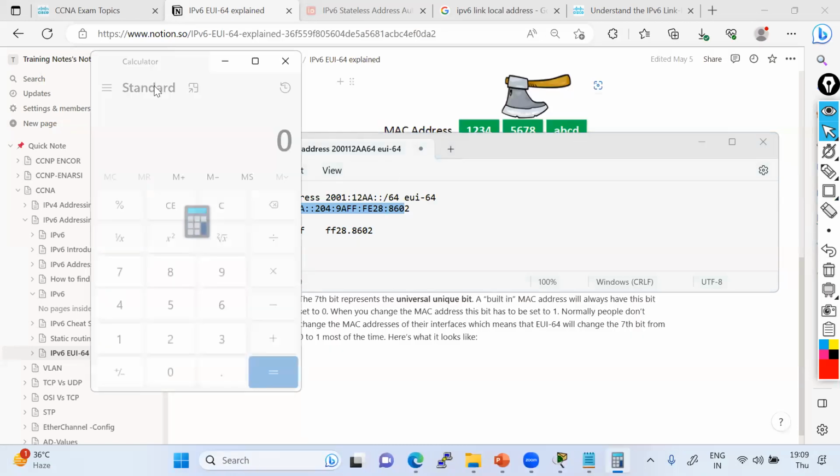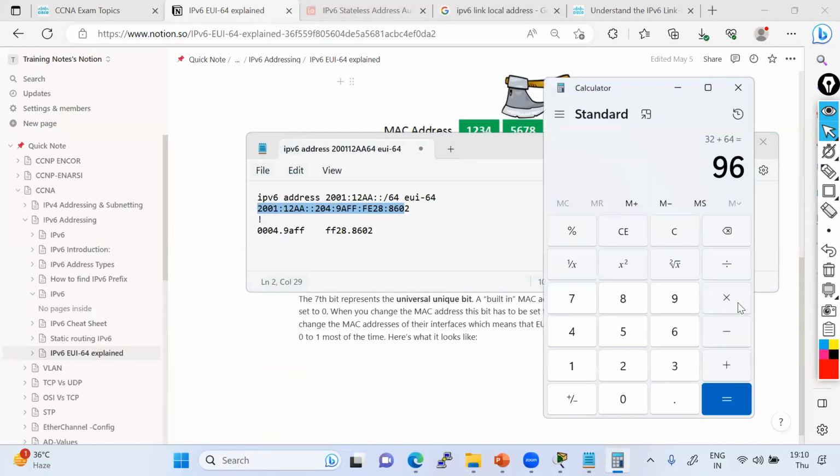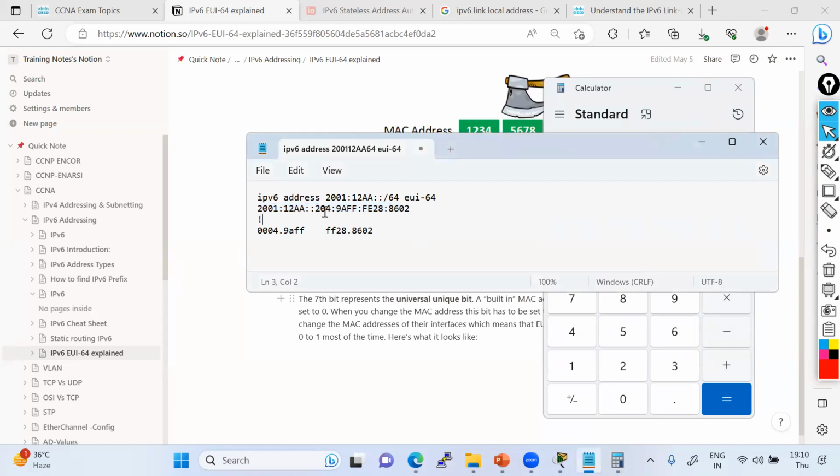So 32 plus 64, it's more than 64. The 32 bit is extra here, right? So your total should be 4 octets, but here it is multiple octets because of 48 plus 32. So it's 80. 80 minus 64, how many bits extra do we have? We have 16 bits extra, right? These 16 extra bits are going to merge together.